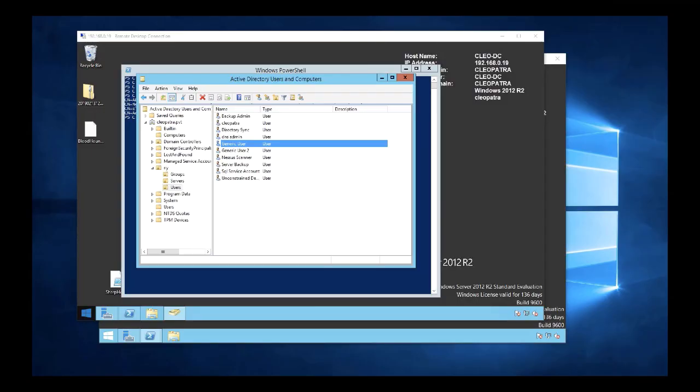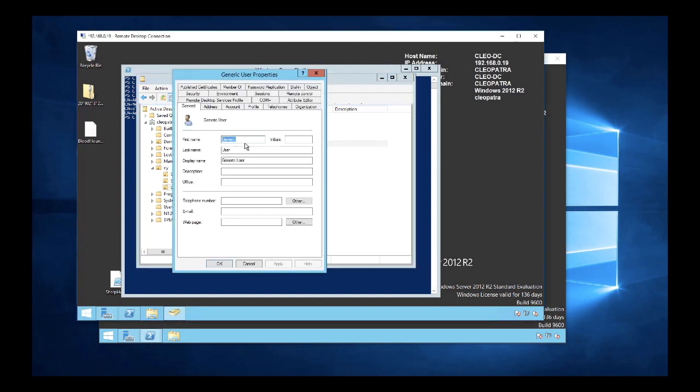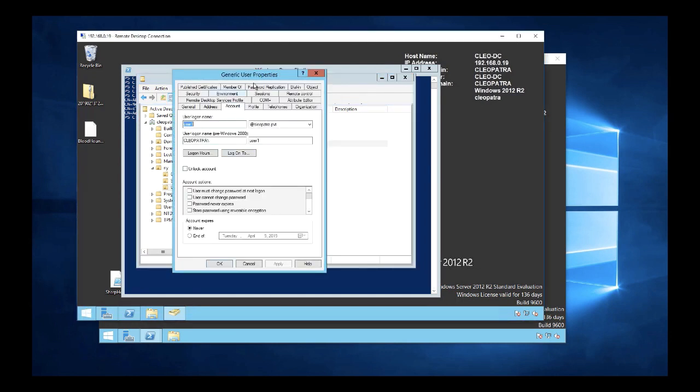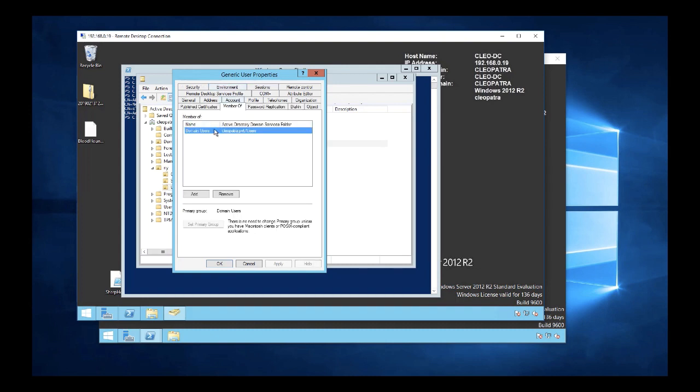So let's go ahead and grant our generic user account persistent domain admin access to the Cleo-Attack domain. We're going to do this by changing its primary group membership. We're also going to see why this attack is so useful and why it's not detected by most automated systems. So first off, we'll look at our generic user. I'm on the Cleo-Attack domain controller, Cleo DC. Here is generic user, user 1, and right now he is a member of domain users